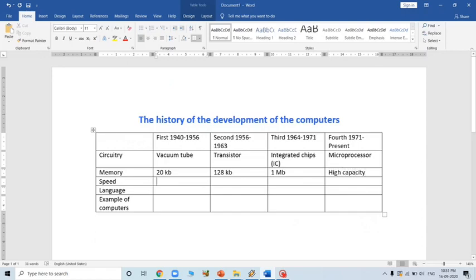Now speed. How was the speed of the first generation computer? The speed of the first generation computer was 300 IPS.